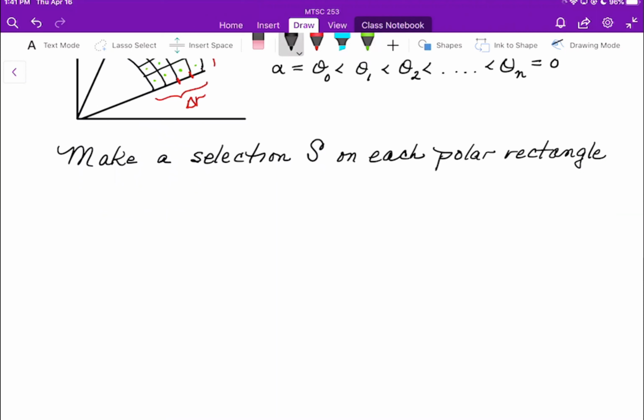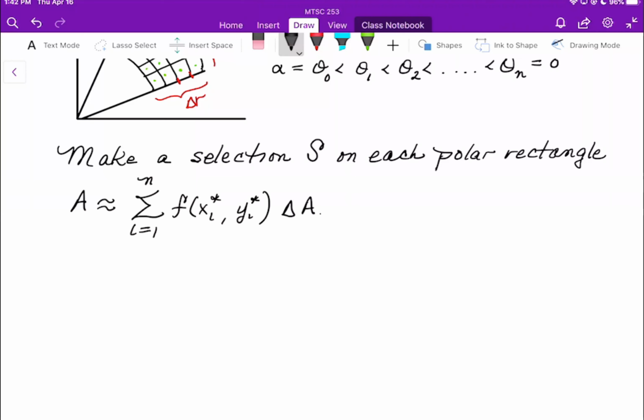So now I get that my area is approximately the sum, i equals 1 to n of f of xi star, yi star, because we're still choosing the x and y coordinate points,